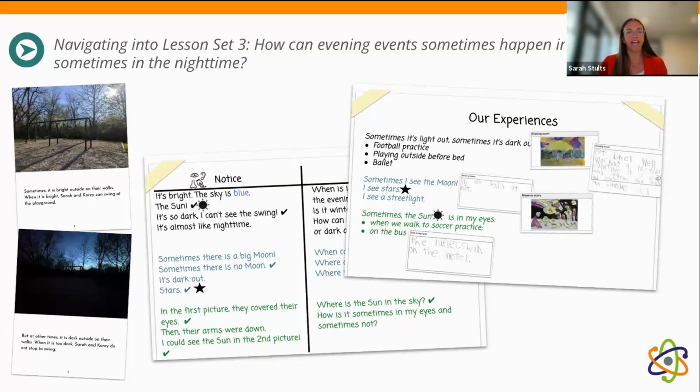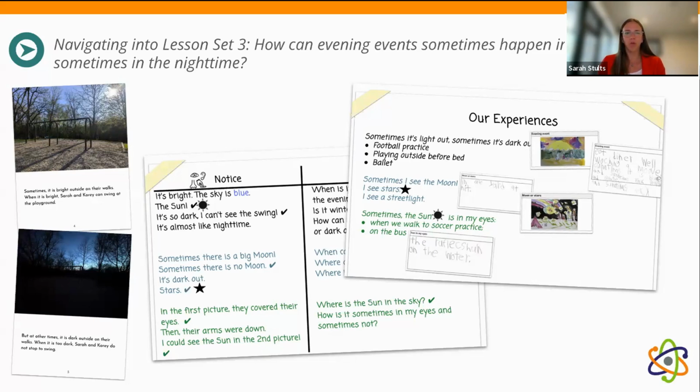Again, as we navigate out of lesson 7 and out of lesson set 2, we return to our notice and wonder chart and our experiences chart. And we realize we've addressed many of our questions and our experiences about the sun, the moon, and stars in the sky, but we still have unanswered questions, as well as experiences about evening events happening in the daytime and